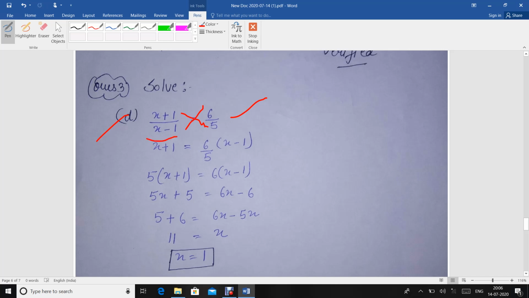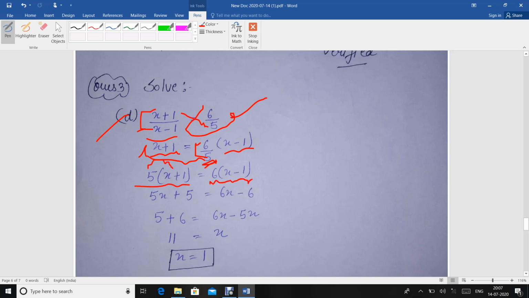See, x minus 1 is in the division, means here x minus 1 is dividing x plus 1. After going on the right hand side it will become in the multiplication form. So here x plus 1 is equal to 5 multiplied by x minus 1. Now 6 is in the division form, so while going on the left hand side it will be the multiple of x plus 1.